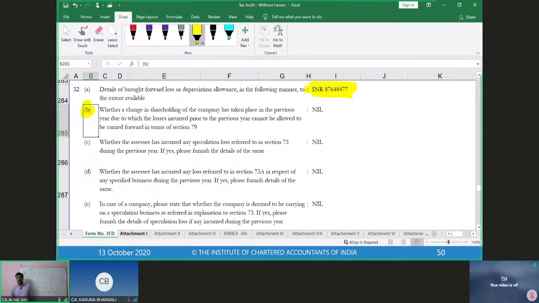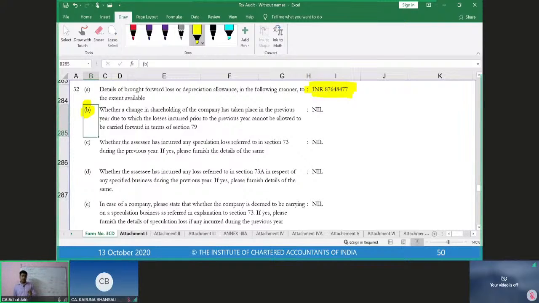We are still not done with this Form 3CD, and we are coming closer to the end of our session. And I can understand that you have had 2 sessions during the day. So I would not really like to stretch this session too much. Otherwise, it will become very, very exhausting and very, very bulky for all of you. So what we can do is we can just end our discussion over here. But my request to all of you is that before we meet next, so we have this session tomorrow evening now, before we meet next,